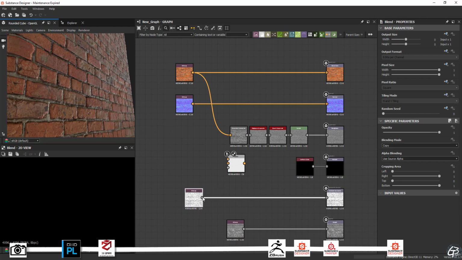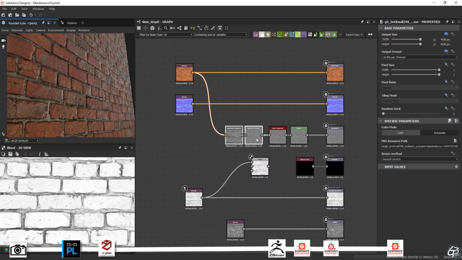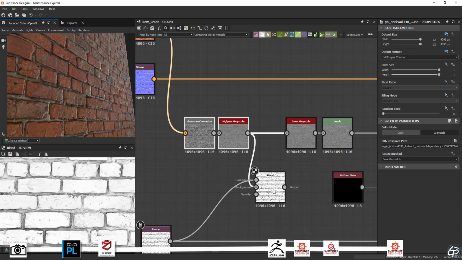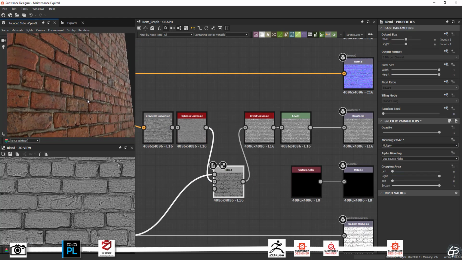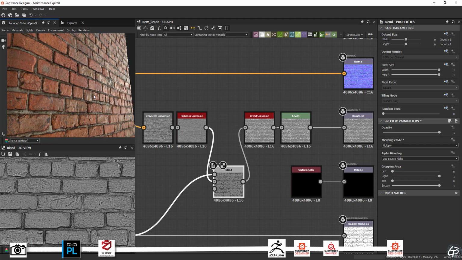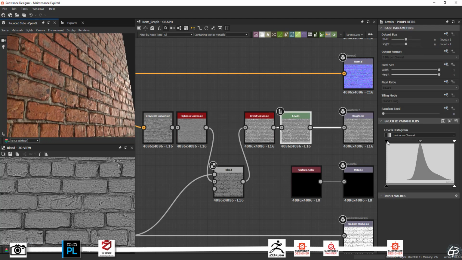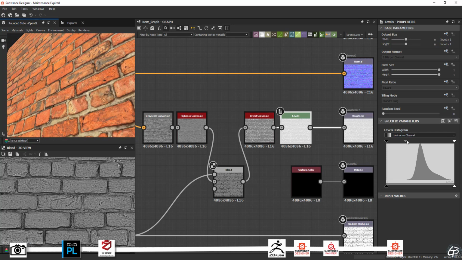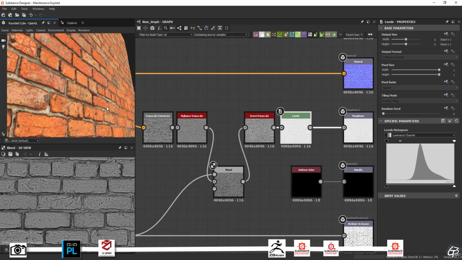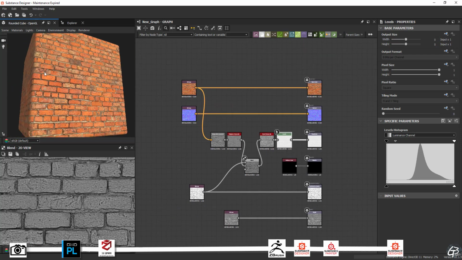Since a brick wall isn't reflective at all when it isn't wet, let's tweak the output value with the levels node we added before until we are happy with the result. And let's export the final texture.